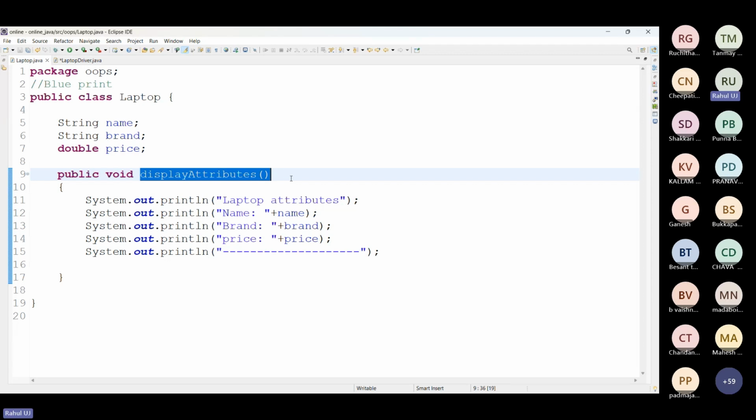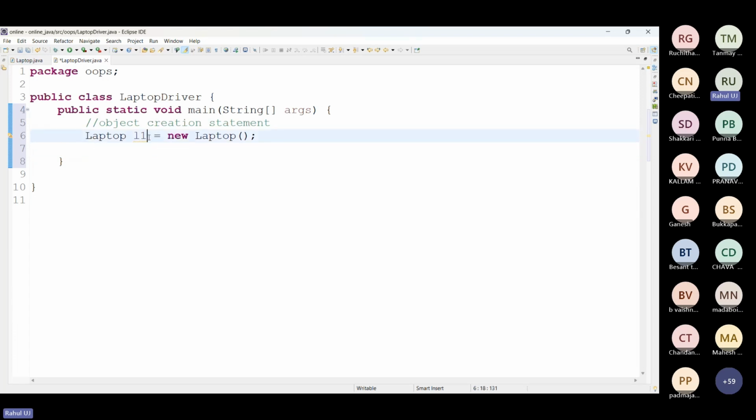So as it is a non-static method, here I will say L1 is the reference, reference of the object.